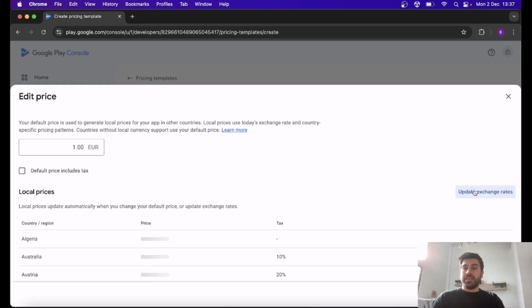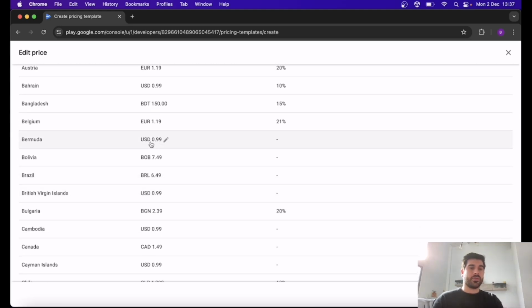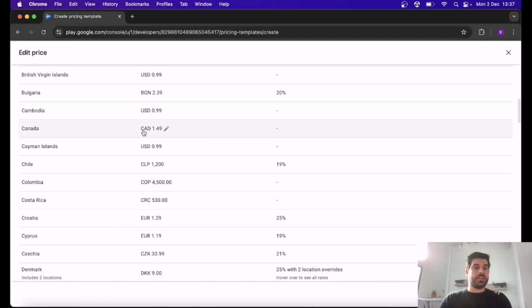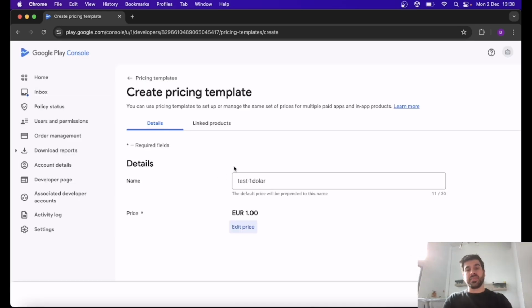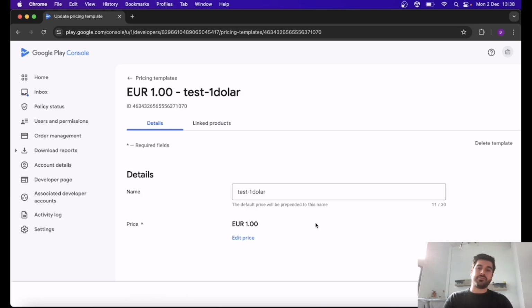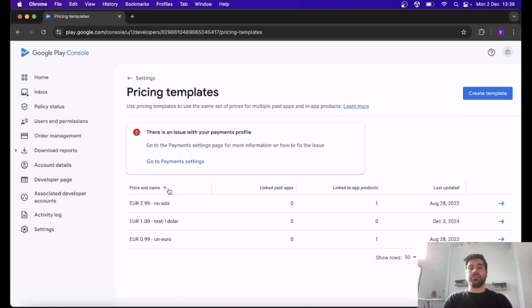You can update the exchange rates in all the countries. They will appear automatically, so you don't need to worry about that. Okay, I see that for dollars it will be $1. For Canadian dollars it will be 1.49. So automatically Google does the conversion, so your price is updated for every country. You just click finally on apply prices, and once we have this, we can just save it. Perfect. So right now, if we go back to the pricing templates, we can see our new test $1